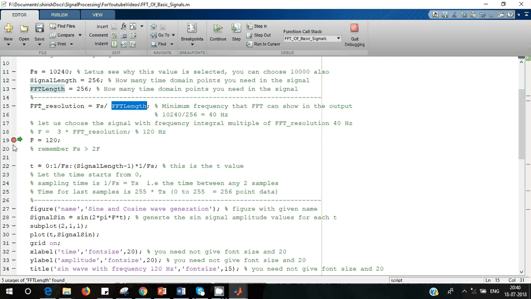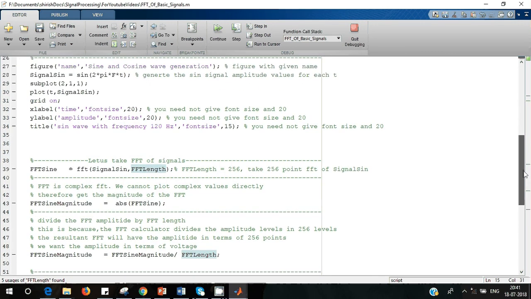So we are taking the frequency of the signal as 120 hertz. Simply, your resolution is 40, which means one point will represent 40 hertz. You have a frequency of 120, which means the peak will be at the third point, or you can say the third bin will be representing your peak. Okay,